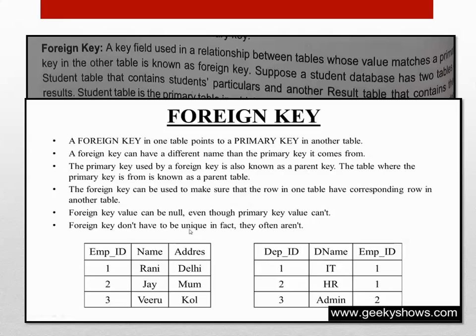And here you can see the emp ID in the one table is a primary key, but when we are using it in the second table as a reference key, in this table, this is a foreign key. When we use the primary key in another table as a reference key to link two tables, it is called a foreign key. So a foreign key can be repeated, and it can be null. Here you can check emp ID 1, 1, it can be repeated, and then emp ID 2. So this is the relationship between primary key and the foreign key.